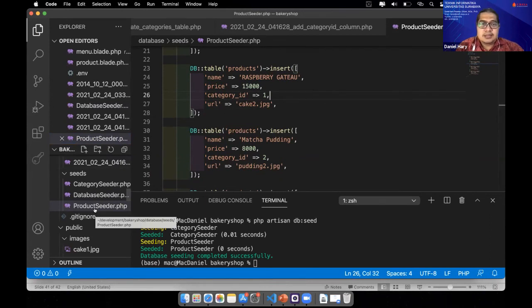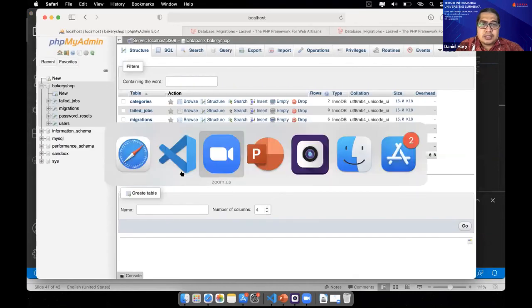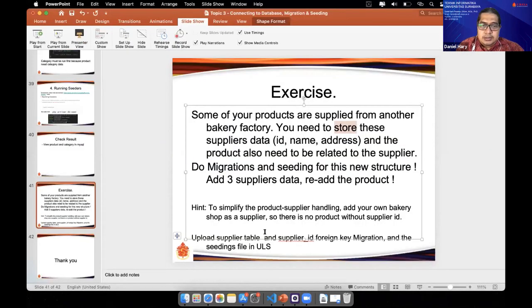Okay, for the exercise, what to upload in the ULS is the migration of suppliers and the migration of the supplier ID column. Upload suppliers table and suppliers foreign key migration. So there are these two migration files and the seeding files here.